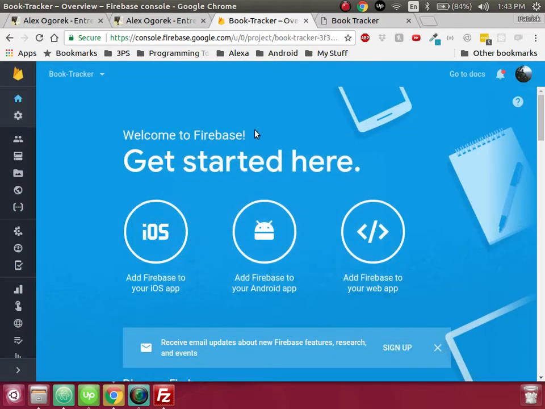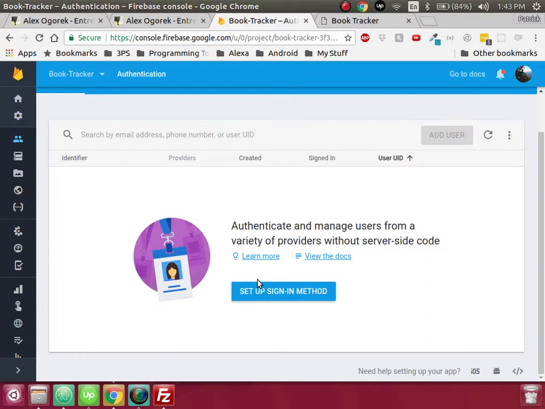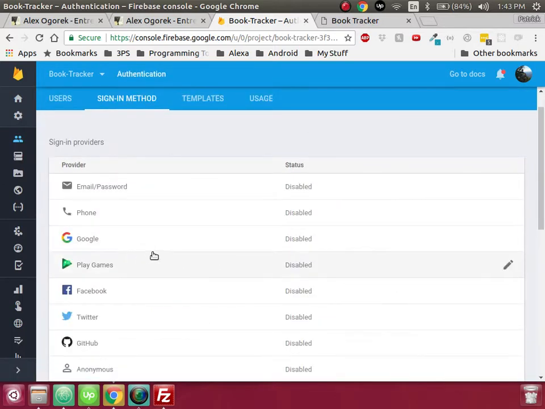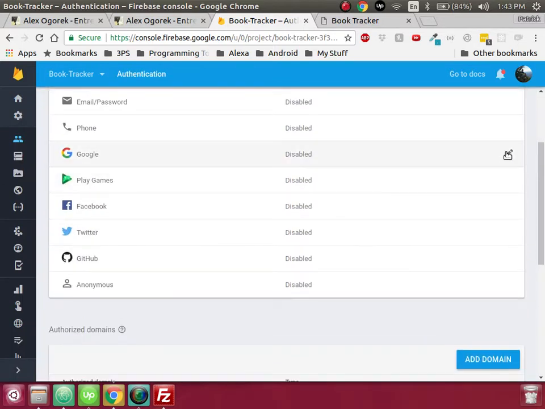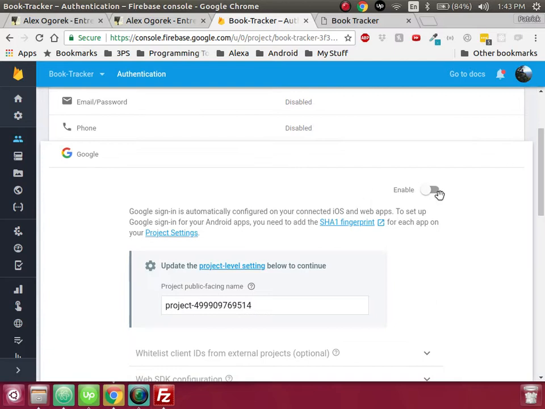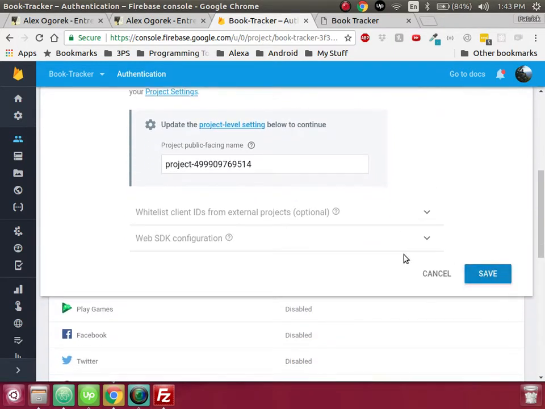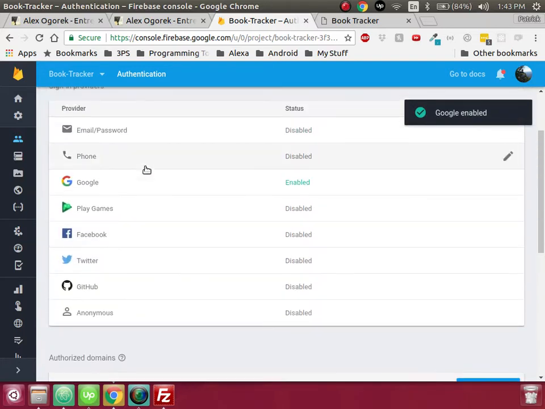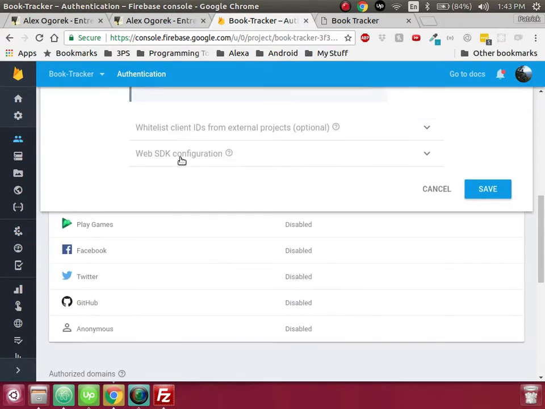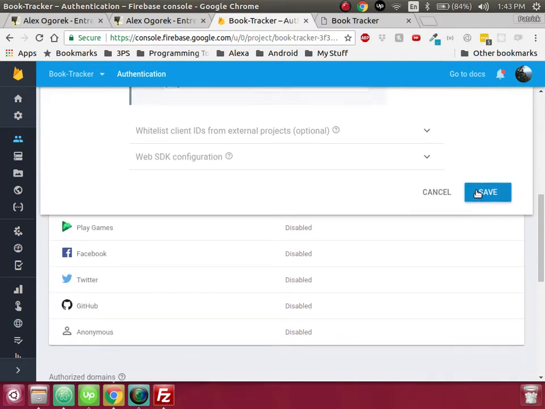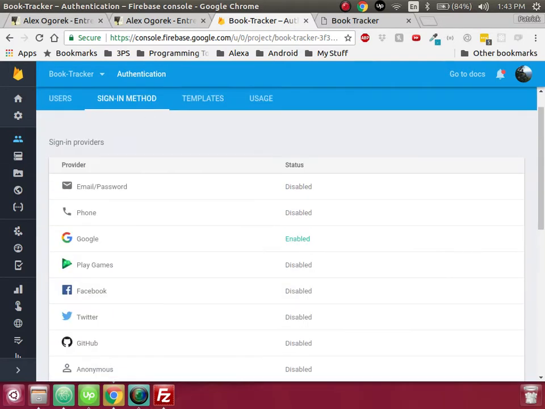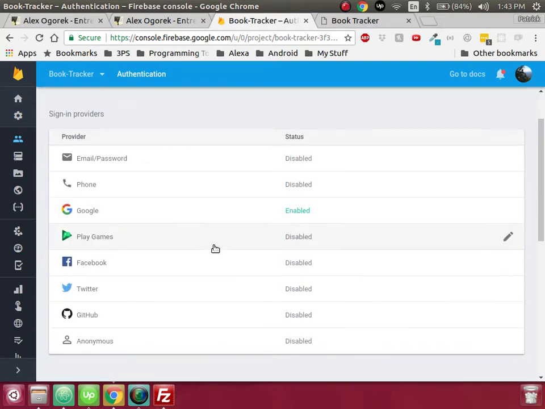Close out of that. And the first thing I would like to do is authentication. So I want to set up a sign-in method of Google because I really like Google. We're going to enable this. And then we'll save this. Oh, I think there was even a thing in here, web configuration. No, not helpful. Okay, so we will save that, and now we'll add in authentication now that we've enabled Google